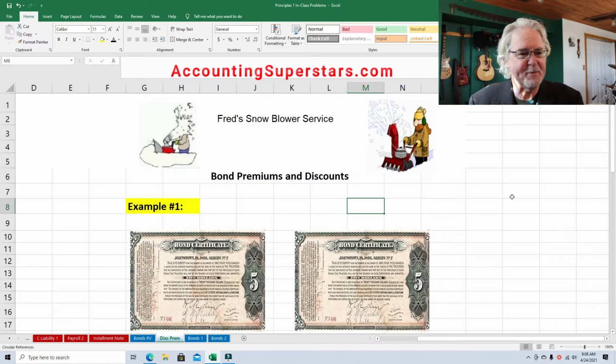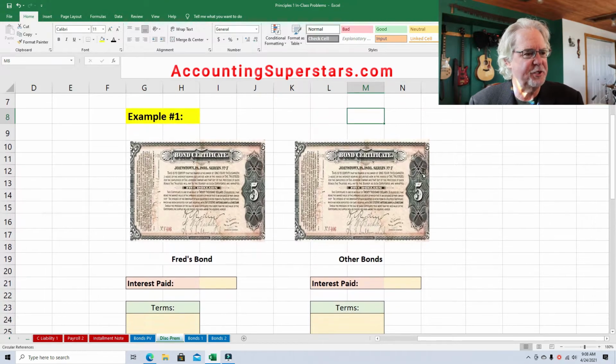So here's what's happening with the bonds. Well, folks, I've got two different bonds here. Well, they're not different. They're the same bond. I just copied the picture twice, and I got the picture off the internet. And years ago, this is what bonds used to look like, or something like this. They were printed on really fancy paper because they didn't want anybody counterfeiting these bonds, because they were like money back then.